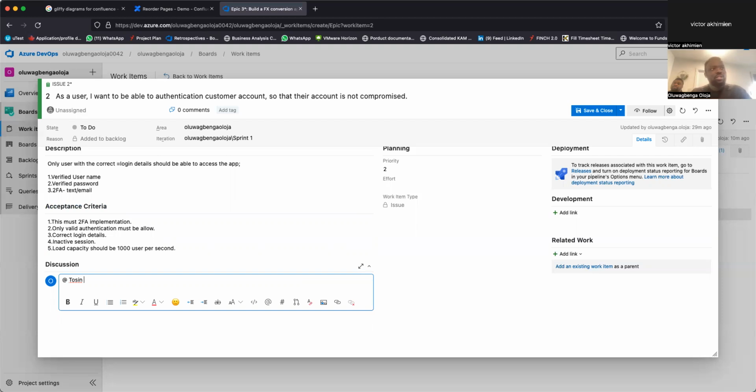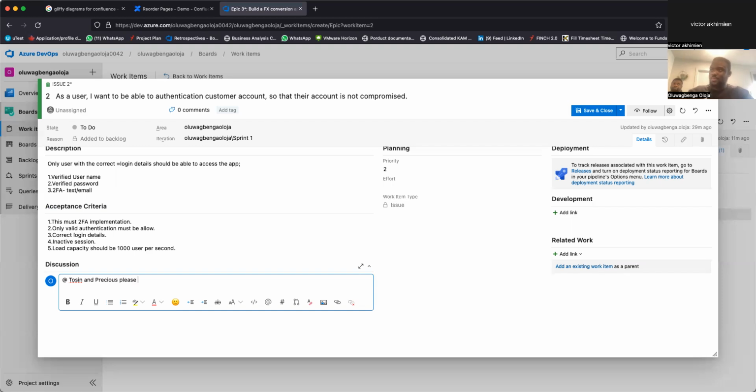What service would help us ensure that, for example, this 2FA works? We need to integrate to an email system so that we can send the OTP over email. We need to integrate to a telco to send OTP via SMS, all those things. Now, I need my technical solution architect to tell us which one is better to use in Australia. For example, Precious, please come up with the architecture for this. Please.